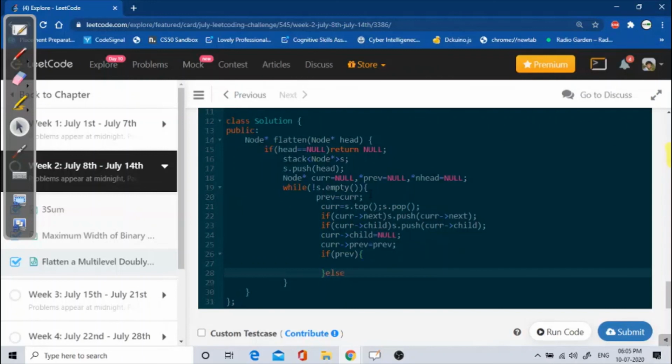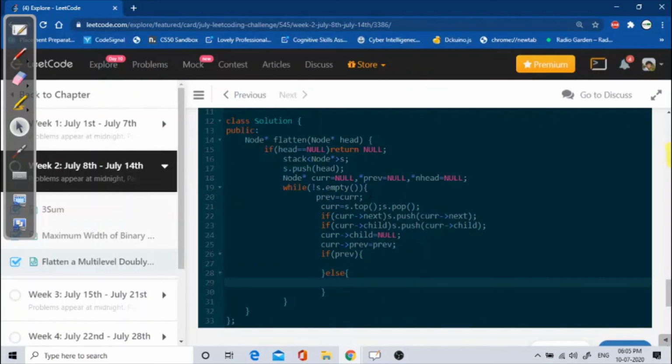Else if it is pointing to null, it means this is my new head, so new head equals current element, and the starting element will be stored in the head node. Otherwise I will point previous next to the current node.